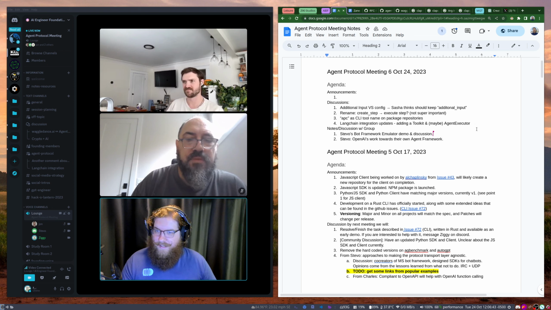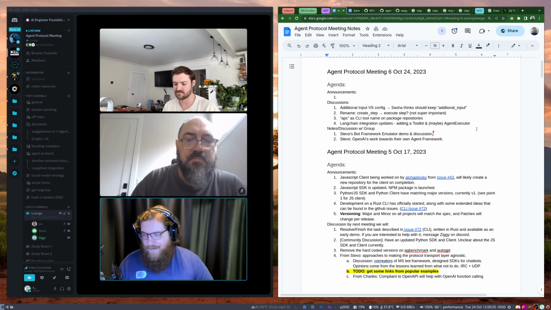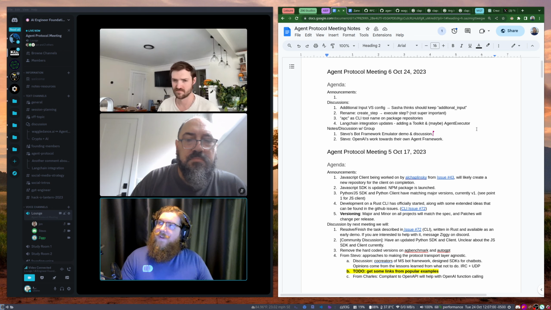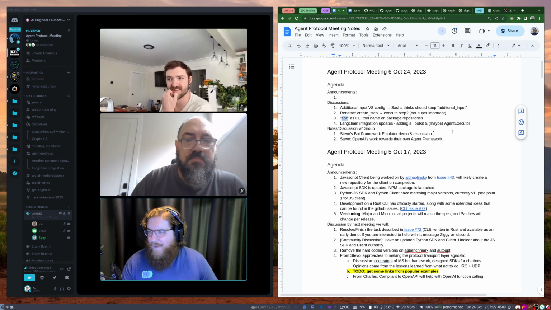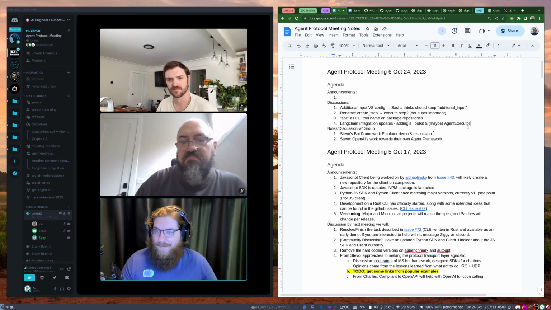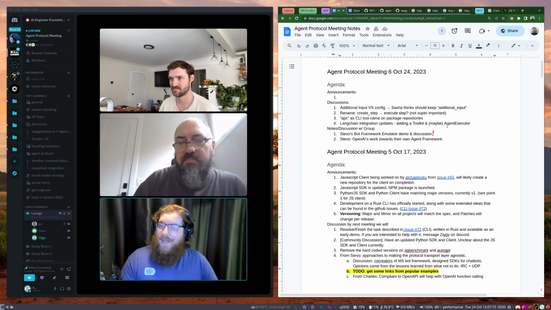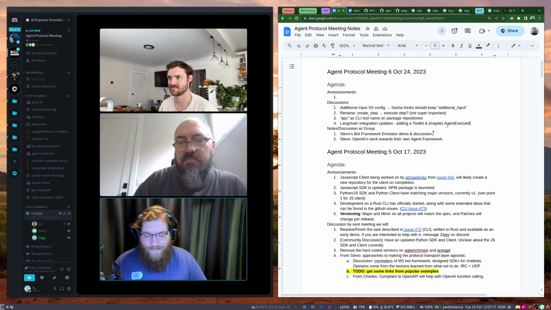There was the CLI that I'm working on. I was looking at names that are available in different package repositories all over the place. I checked the Ubuntu repository, the AUR, Choco, and Brew, and I found one name that I thought would be cool, which is APC, like Agent Protocol Client, something along those lines. If that sounds good to anybody else, then I'll probably end up using that whenever we start getting into publishing things. So that's coming along pretty well.